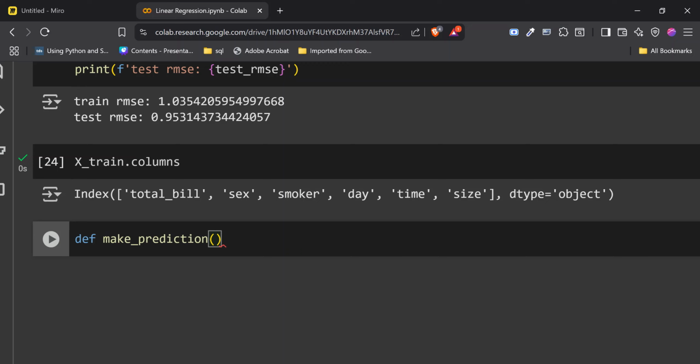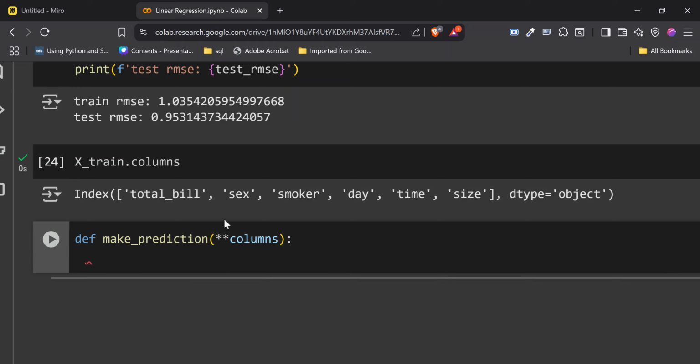So we can say def make_prediction, and the prediction that we're going to be making is going to be **kwargs, right? Or **columns, right? You should already by now know how unlimited keyword arguments work.